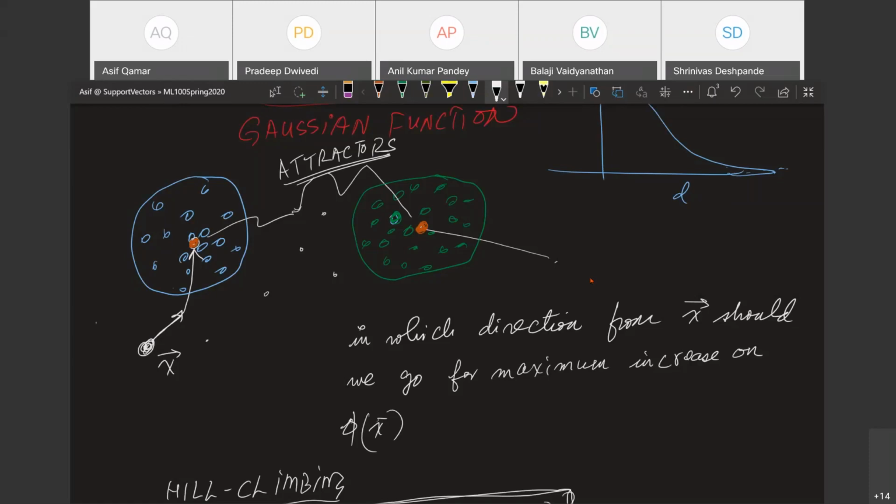Now, why is this algorithm very scalable or fast? For one thing, you can start with a sample of points, and with a sample of points, you can find the attractors. Once you have found the attractors, all you have to do is for every point, you can just assign it to the nearest attractor. The computation can go very fast from that. In fact, you don't even have to assign the points. Once you have found the attractors, you can just say that you have found the clusters.